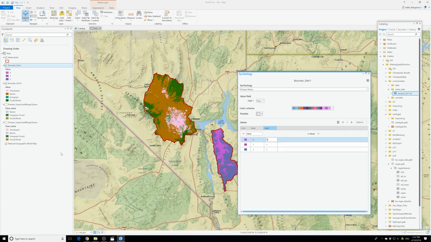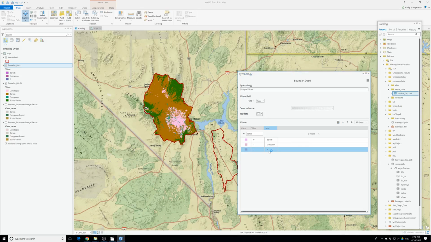So the first one is barren. The second one, it will be evergreen. And the last one is scrub and shrub,